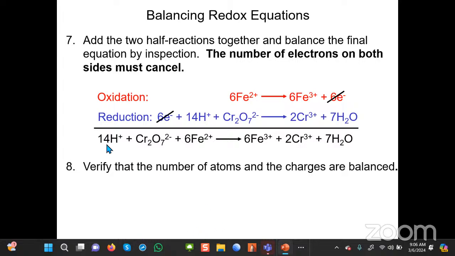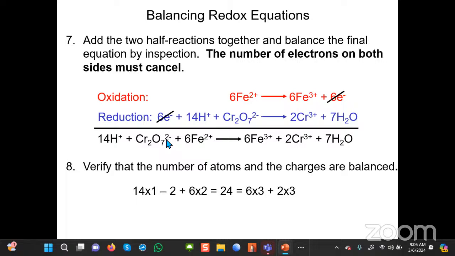So if we do that, you see that you have 14 hydrogens here, 7 times 2, 14, so that's balanced. We have 2 chromiums here, 2 chromiums here, so that's balanced. We have 7 oxygens here, 7 oxygens here, that's balanced. We have 6 irons, and then as far as the charges are concerned, we have 14 plus charges, minus 2,